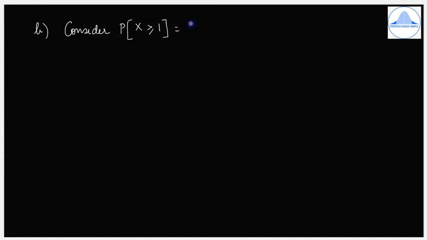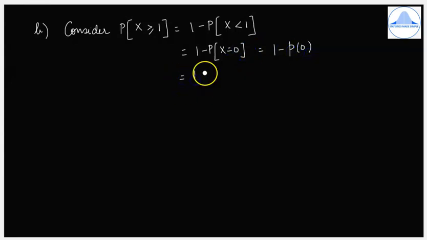Hence use the formula method, which is 1 minus probability of x, because on the left hand side you have greater than or equal to. When you use the formula method here, on the right hand side it will be only 1 minus probability of x less than 1. So x less than 1 means it is only probability of x equal to 0, which is equal to 1 minus p of 0. So in the PMF, wherever you have x, replace it by 0. So you will get 6C0,